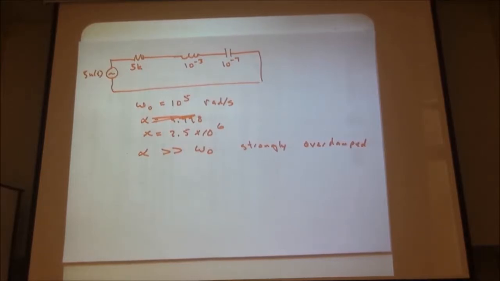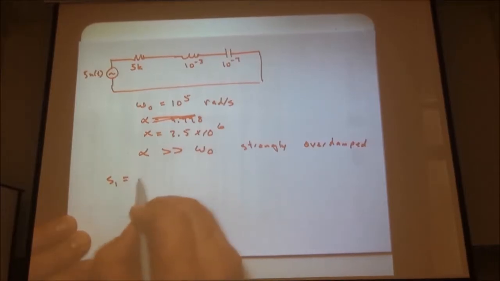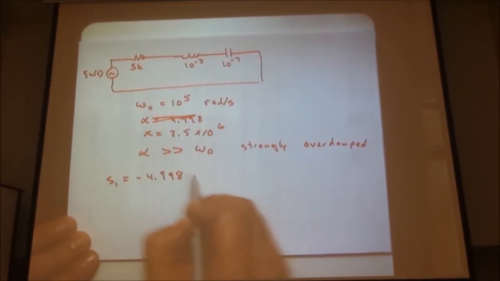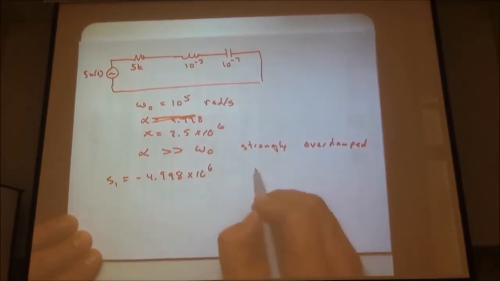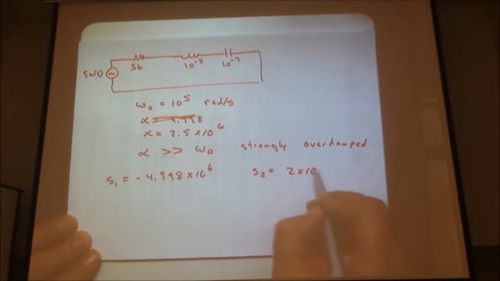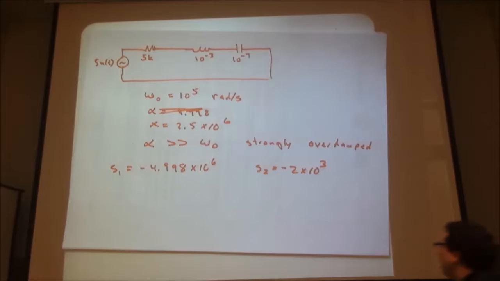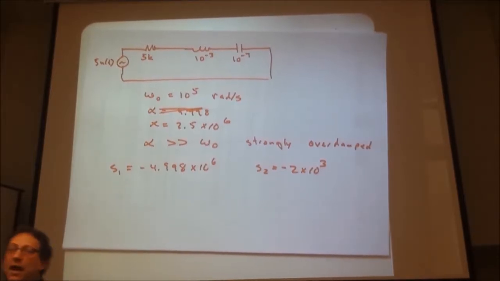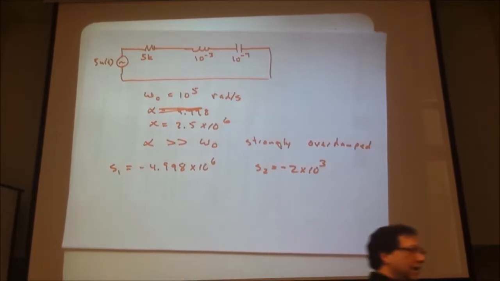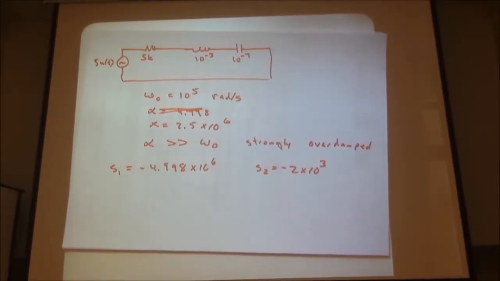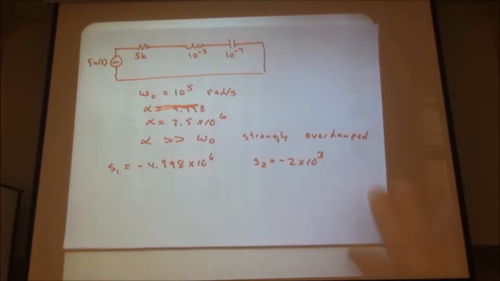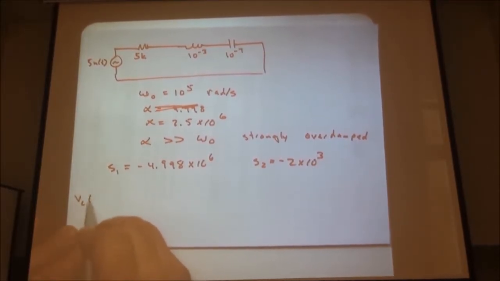That has some implications if we look at our S1 and our S2. S1 is minus 4.998 times 10 to the 6, and S2 is minus 2 times 10 to the 3. I just plug those into the quadratic expression. We saw that a minute ago. I don't need to rewrite what that is, but it comes out of that: minus alpha plus or minus the square root of alpha squared minus omega naught squared. Well, looking at these terms, if we think about what's going on here, and just to write out the final answer,